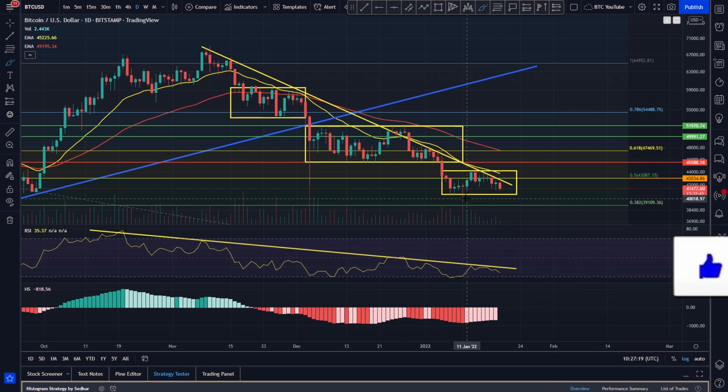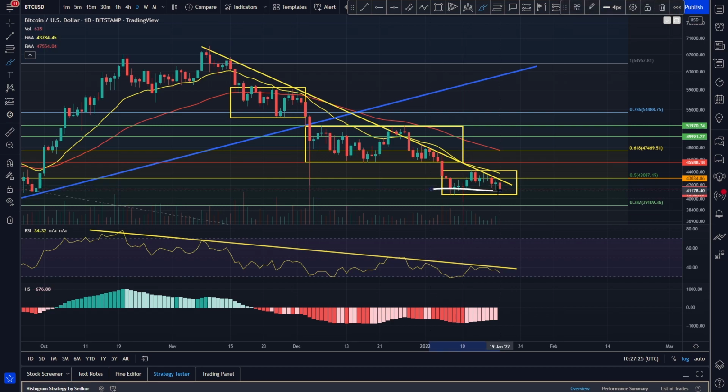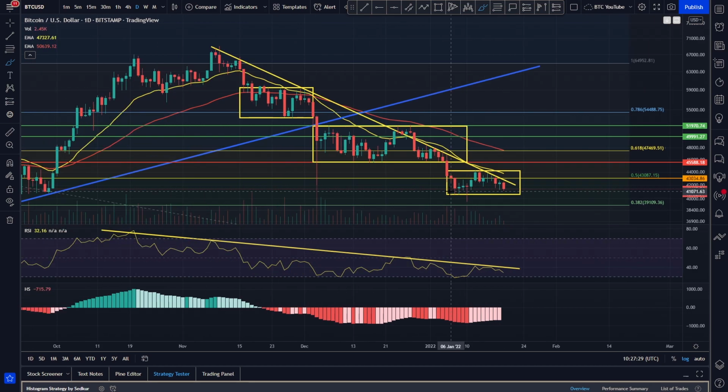Obviously 40k being a big psychological support, we would expect 40k to hold nicely. And it did. We got down below 40k and there was a huge buy, basically a torrent of buys back up in that area. And you can see now, if we come down and make a new daily close, to be honest, right now we are basically at a low daily close in this range, aren't we? If we come down to the bottom of the range here and close at the bottom here,